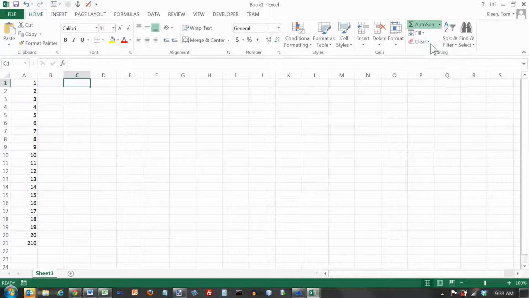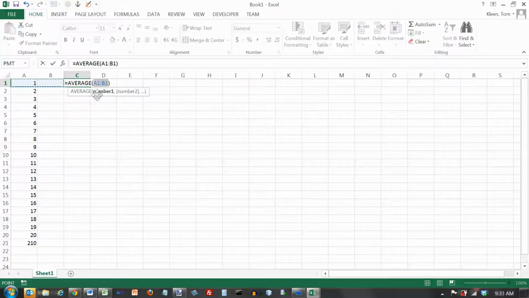And one of the functions is the average function. Now, Excel always tries to guess what it is that you're doing, so it looks for the closest numbers. There are no numbers above it, but there's a number over here, so it assumes that's what I want to average, but that's not what I want. So again, the easiest way to do it, I could type A1 to B20 here, but I think the easiest way to do it is just take your mouse and drag it over those numbers